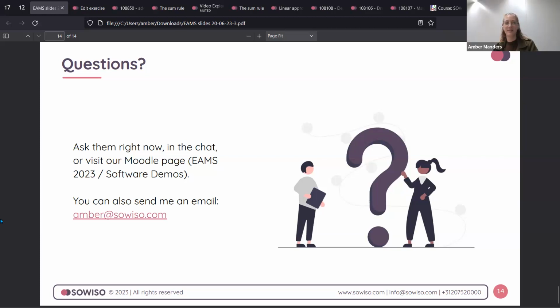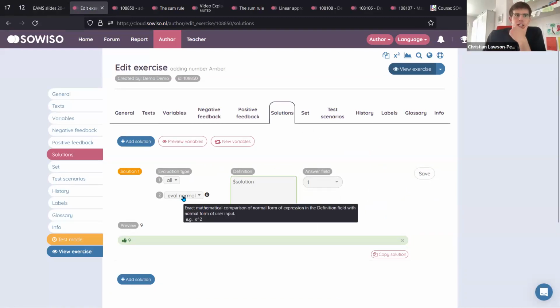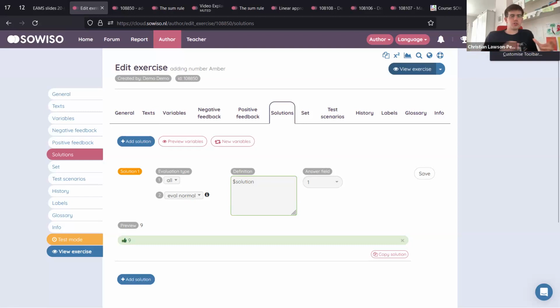So what I'm interested in is how often are you just reusing an evaluation type, and how often is one of the developers having to make up a new evaluation type for you? And is there an intermediate process where you're writing code and then eventually it gets turned into an evaluation type?